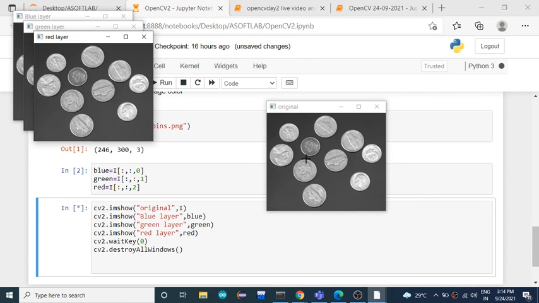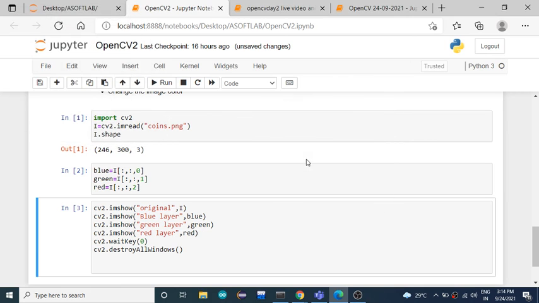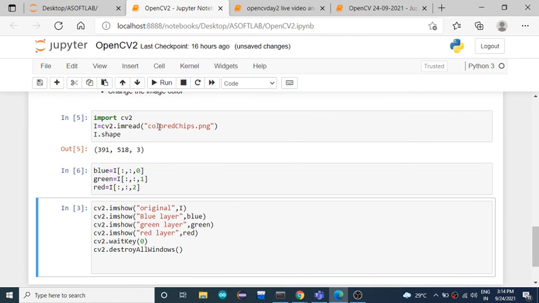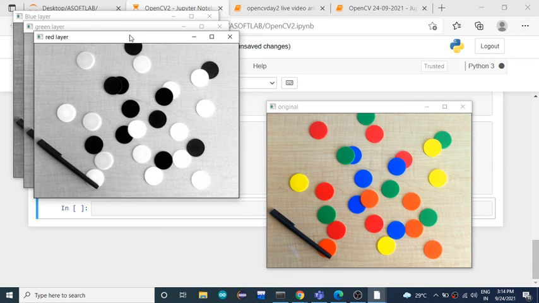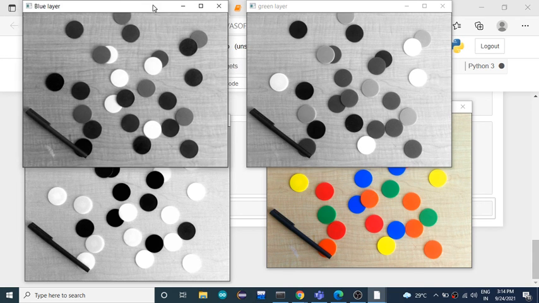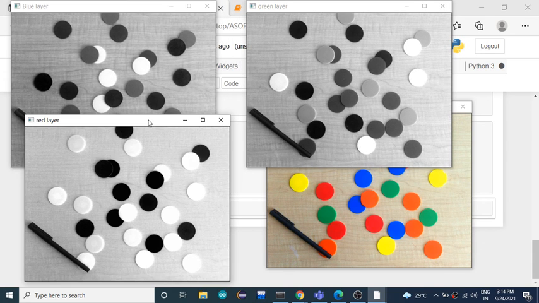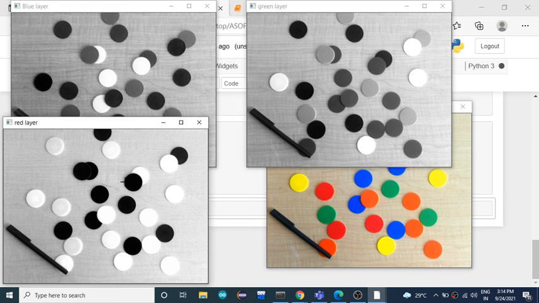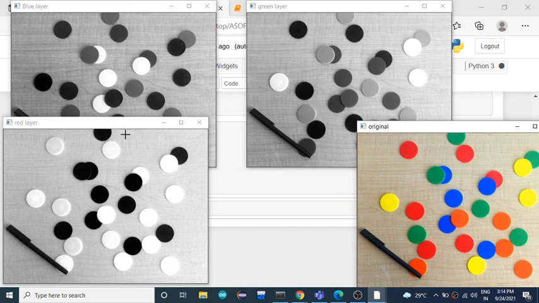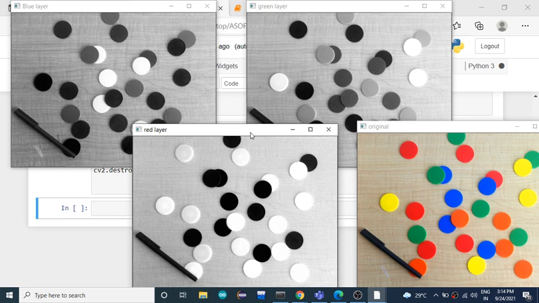Almost they're all looking similar, right? So change it. Right, so this is red layer, this is blue layer, and this is the green one. So this is the green layer, blue layer, and the red layer. So this is the original image. Have you observed here? Almost all the layers are displaying like grayscale images itself, but quite a difference between the shades, right?